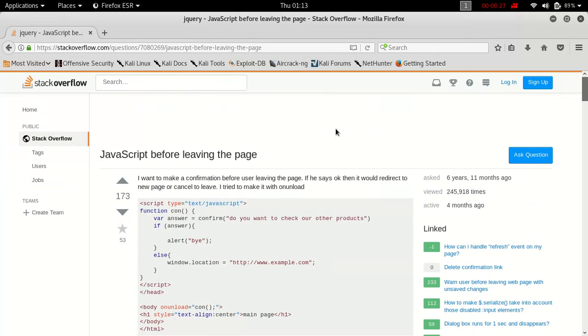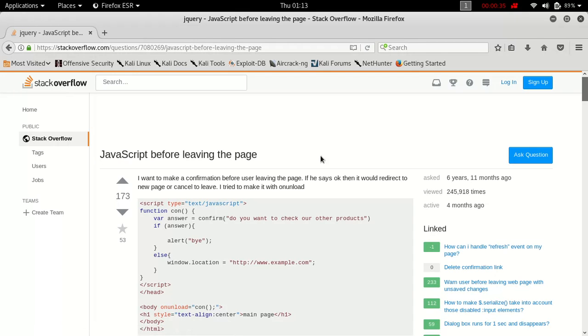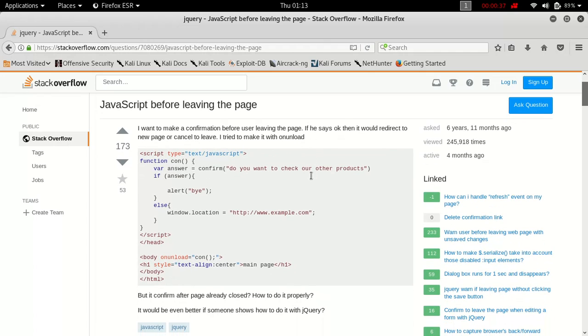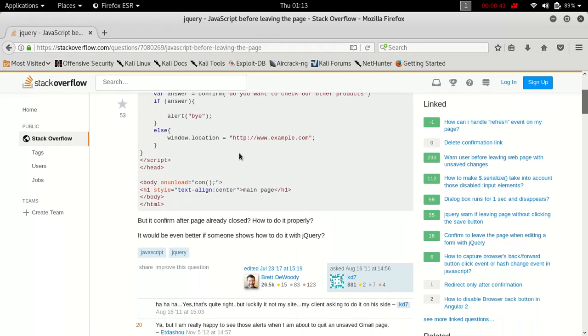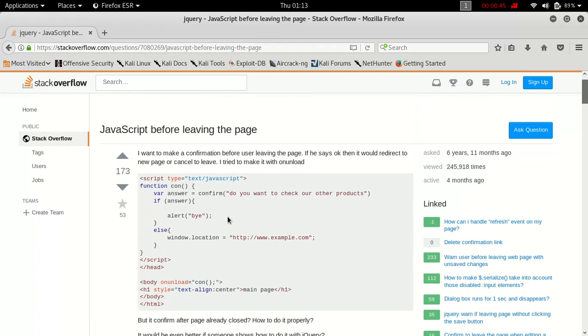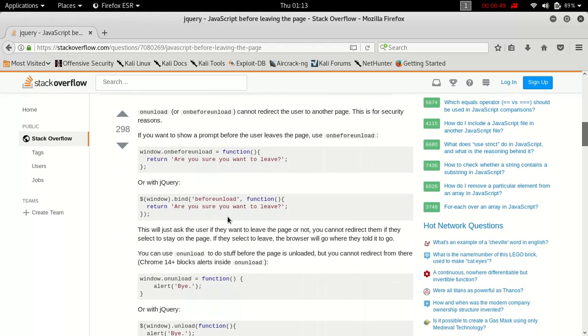I was trying to execute some JavaScript just before someone leaves my web page. I was doing this research, and then I came across this thread on Stack Overflow. The person is actually asking the right question here, how to execute JavaScript code. Then this guy answers by saying